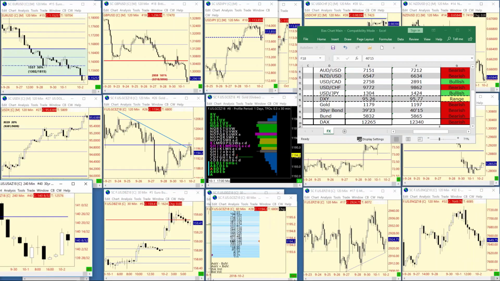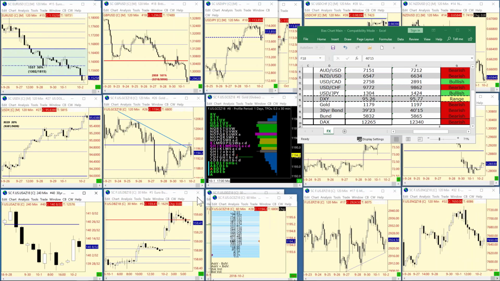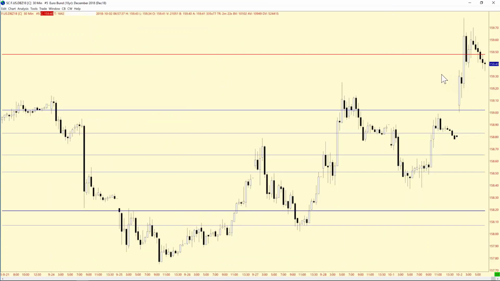Let's go and take a look here with the bunds. Now they're just reacting to what's going on with Italy. So we did have 58.65. Look at this market. It's just gapped up. That's what I'm saying. If you're not day trading this market, you'd want to be very careful trying to hold this market overnight, because you can see what happened. This is all about the Italian news, and people run into the safety of the bonds.